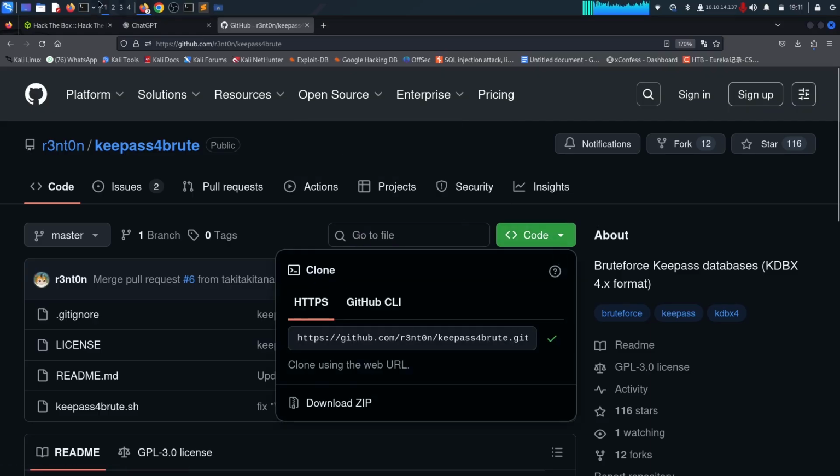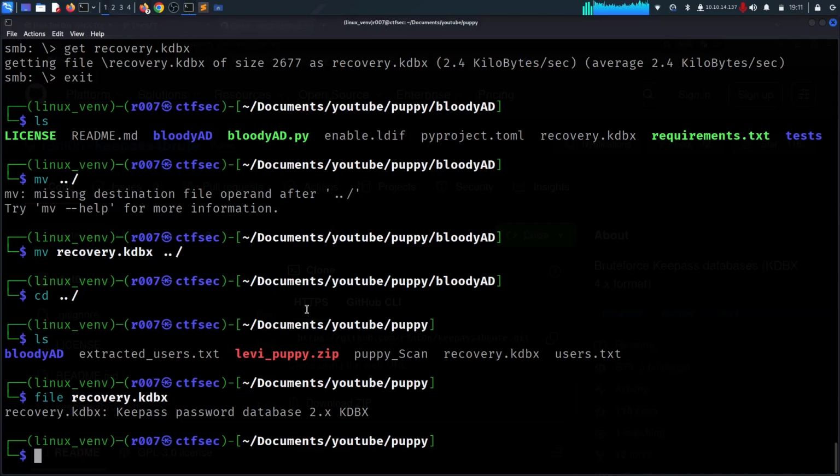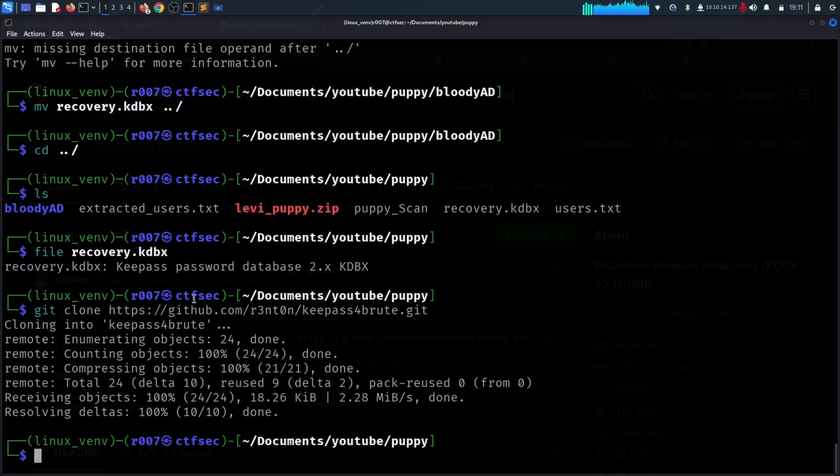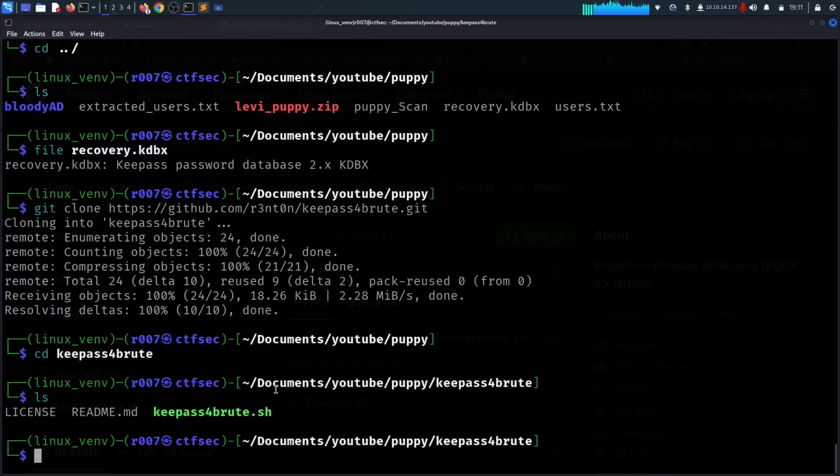I'm going to copy this, and we're going to git clone. Paste this in here, and that should download the Keepass for brutes tool. So let's go into that directory, and you can see that we have a bash script, and